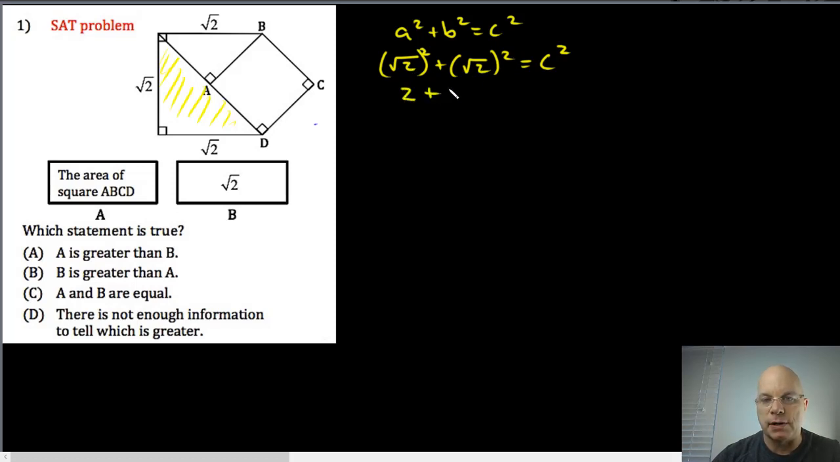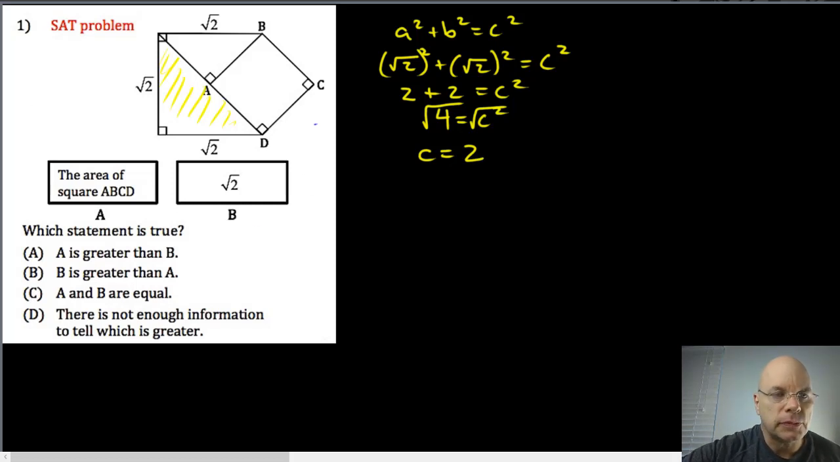And the same thing here. So 2 plus 2 equals c squared. So 4 equals c squared. Then we take the square root of both sides of that equation using the property of equality. We get that c is equal to the square root of 4, which is just 2. And so if this distance is 2, we see that line segment AB